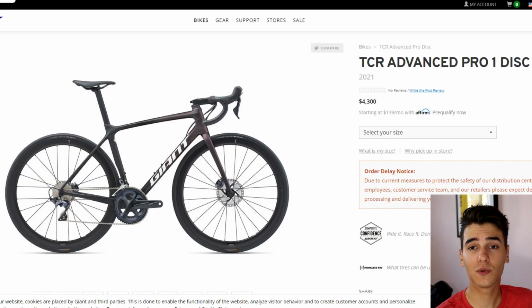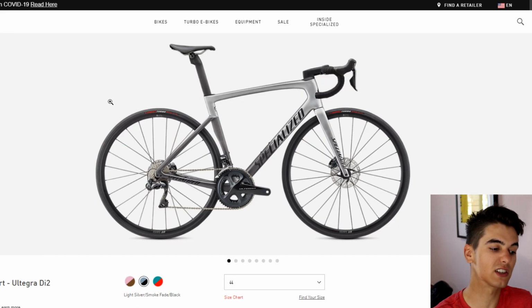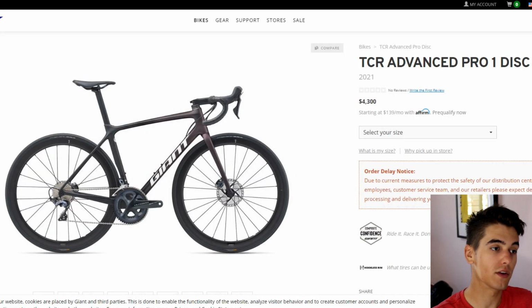on which bike I would choose and just the concept of how to choose the best value between both these bikes. So I made a rundown sheet with the prices and did some research on which bike I would choose based on my thought process, and I want to share that with you guys because I know you guys enjoy that. So just to recap, the Specialized Tarmac SL7 Expert Ultegra Di2 retails for $5,000 USD,